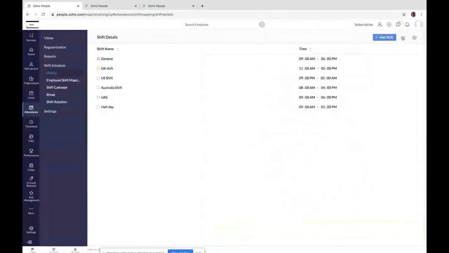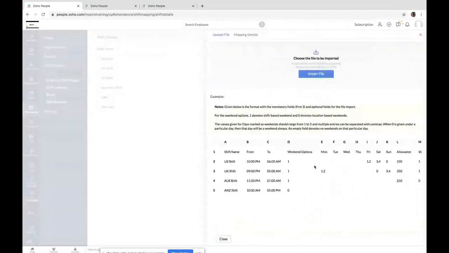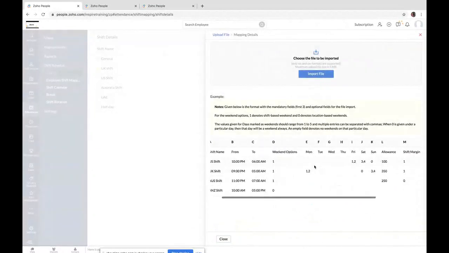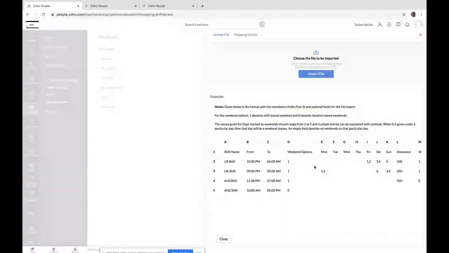We do support import of shift as well. So for the shift import, you will have to follow this specific pattern that we provided here.